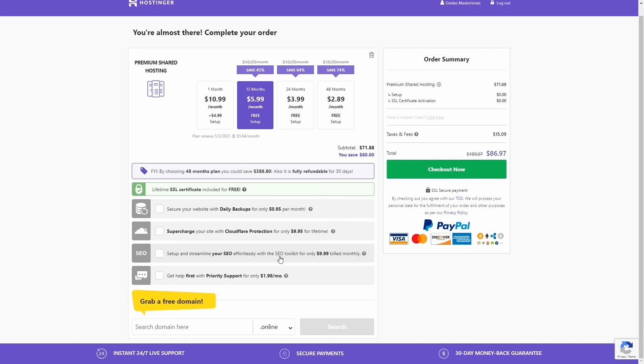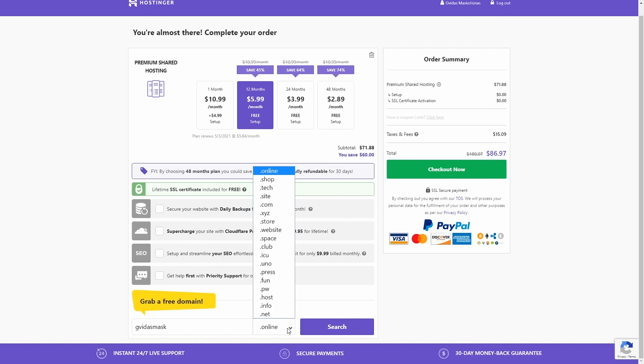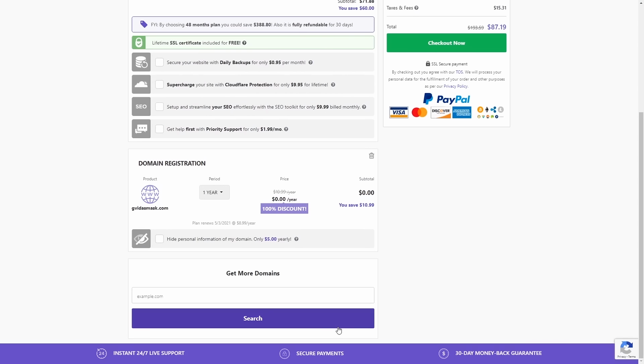So let's add a free domain, because with this hosting plan we will get a free domain. So I'm just gonna enter a random domain name to see if it's available. And like I mentioned before, I highly recommend you choose the TLD .com, because it's the most popular one and it's the most recognizable. So I'm just gonna choose .com and let's click search. If this domain name is available, it should be added to my shopping cart. Alright, perfect, it's available, and as you can see, it was added to my shopping cart and